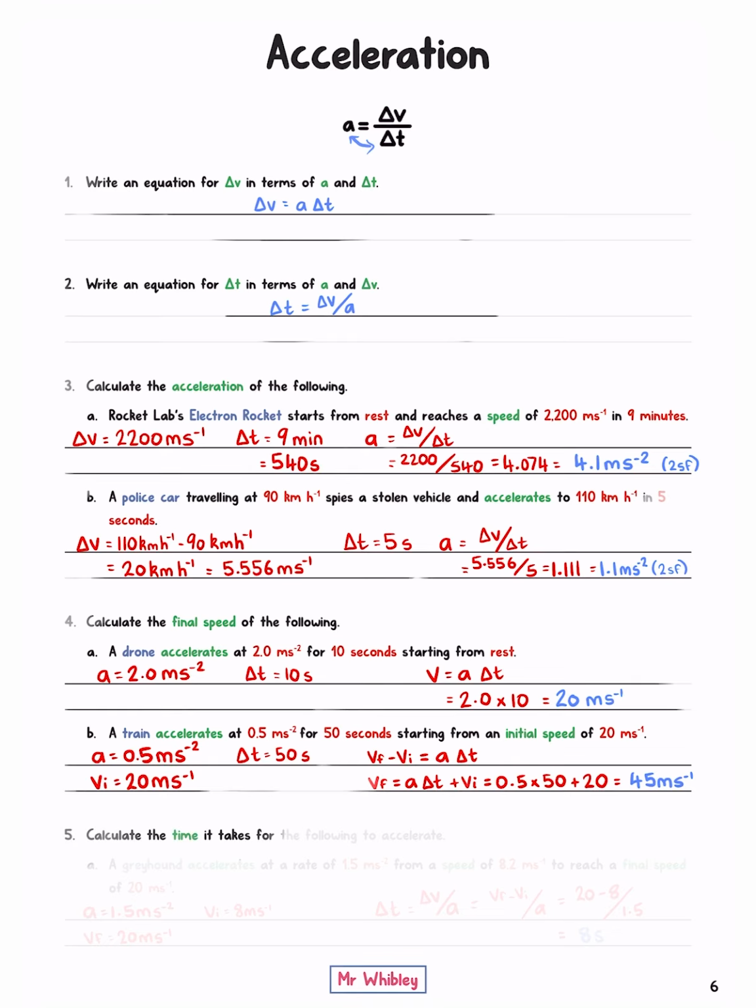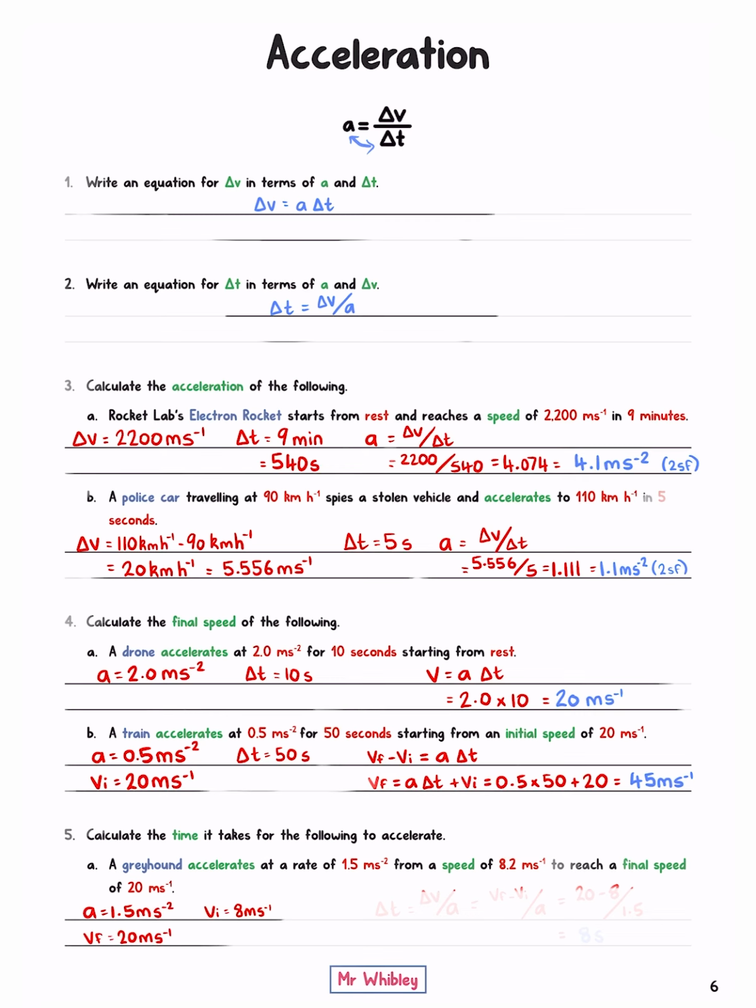Question 5. Calculate the time it takes for the following to accelerate. A greyhound accelerates at a rate of 1.5 meters per second squared from a speed of 8.2 meters per second to reach a final speed of 20 meters per second. We have our acceleration and our initial and final velocities. Using our equation solved for duration, replacing our delta v with vf minus vi, putting all the numbers in,